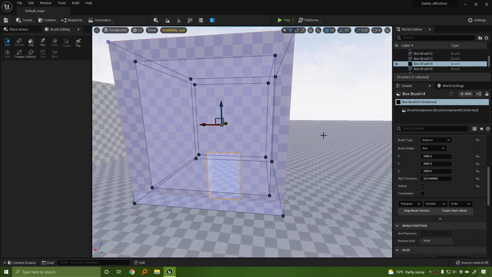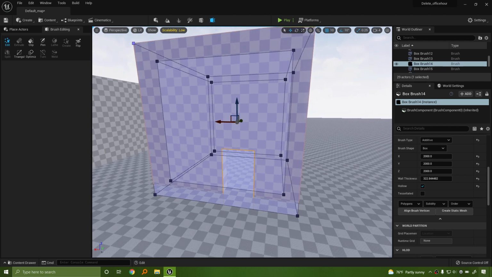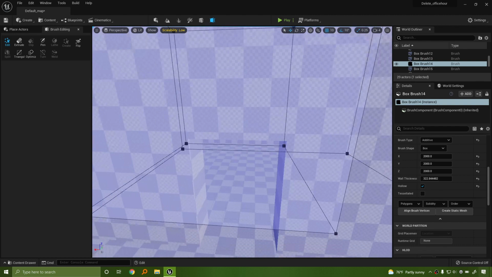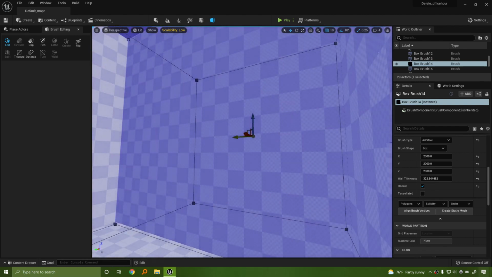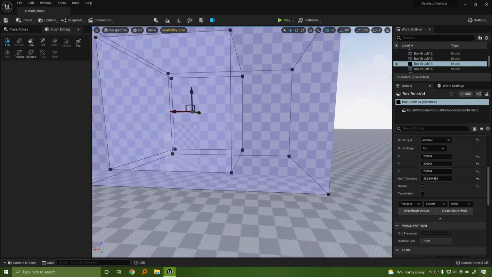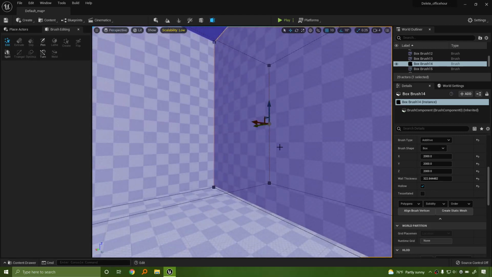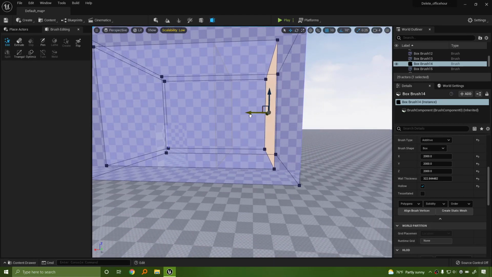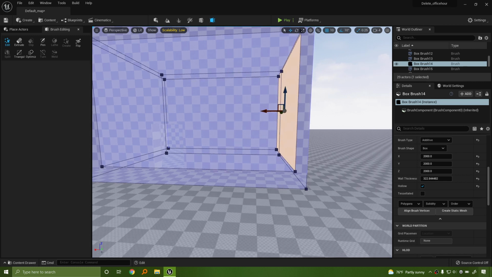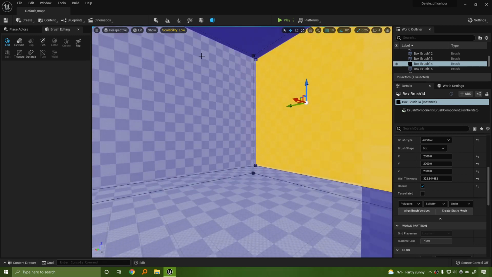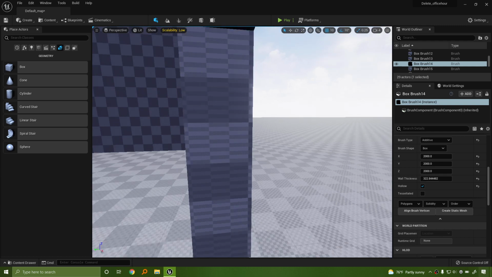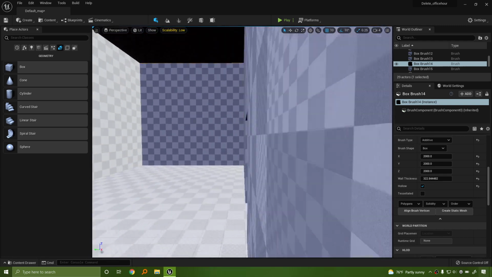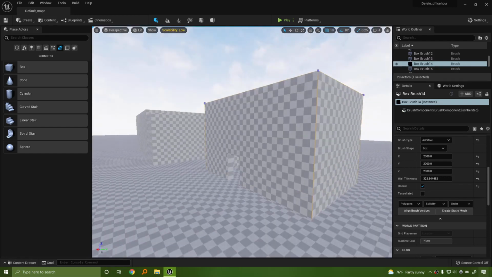Once you start scaling here, and once you start editing, and once you start expanding things like so, you start running into some jank. It gets very strange as to what it wants to do and what it won't do. Does everybody see how I have to move both walls? Let me get out of that brush mode. So yeah, it does work, but I am not a super huge fan of that.